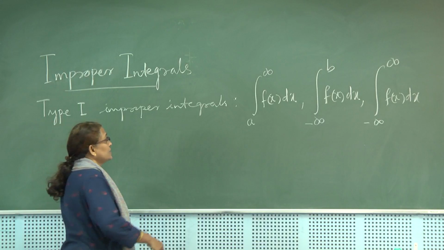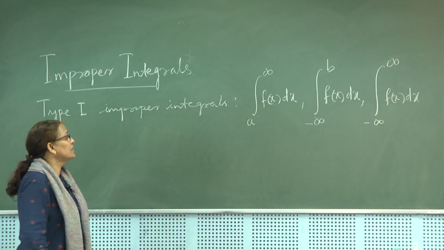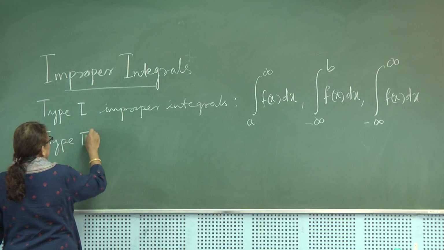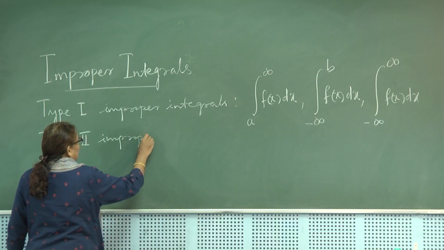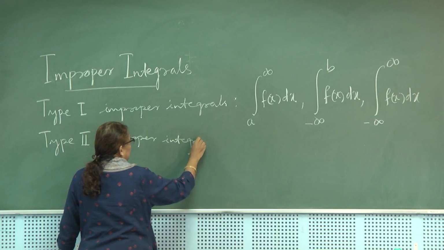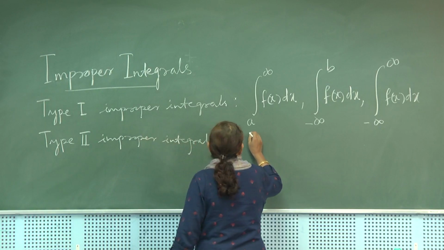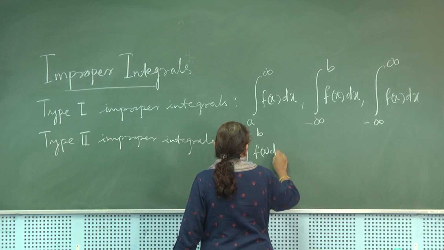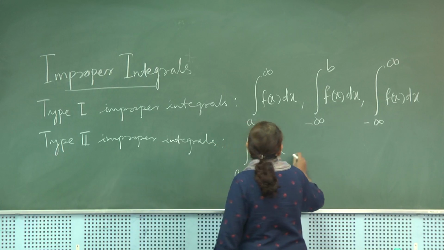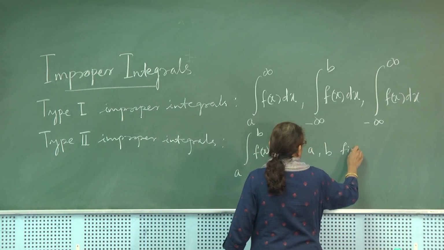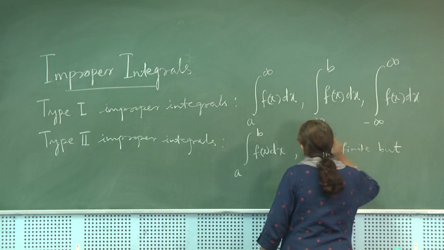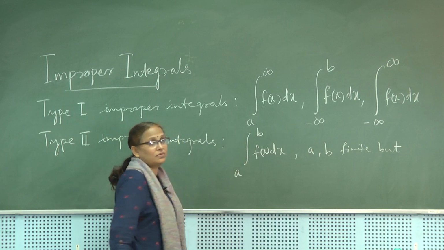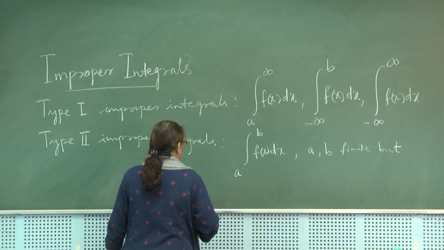Then you remember that type 2 improper integrals are of the form integral a to b f x dx, where a and b are finite, but the function f is unbounded at a finite number of points of this interval a b,